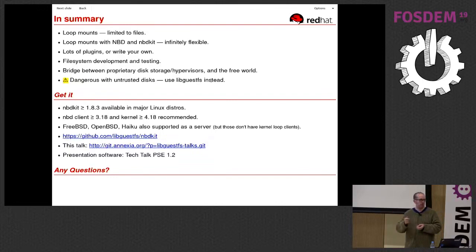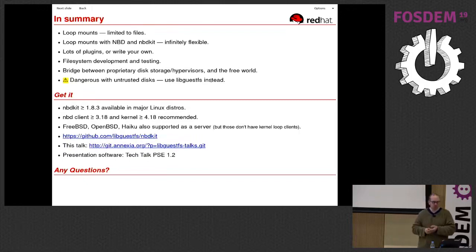3.18 or 3.19, which was released just a few days ago. The reason for that is that 3.17 had kind of an annoying bug which just affects loop mounting. It's just kind of annoying. But 3.18 fixes that. There were also a few bugs in kernel before 4.18. I don't think they would genuinely affect you, but if you do find any problems, you're probably better off looking at kernel 4.18 or above, because there were some things that were tidied up a